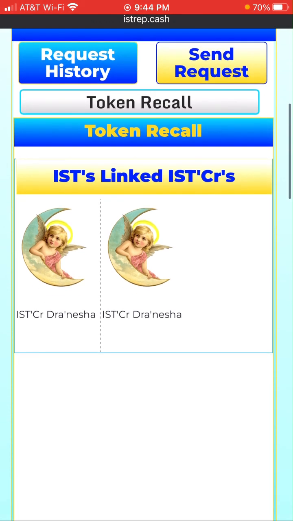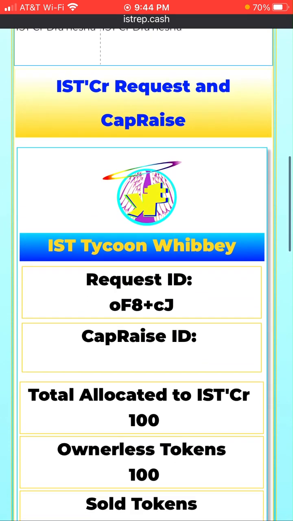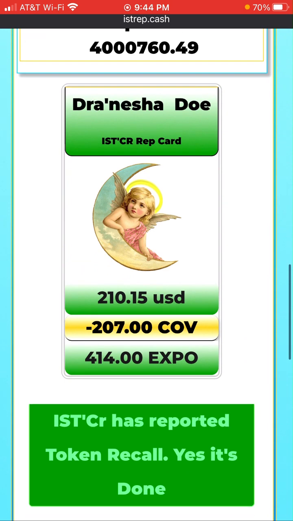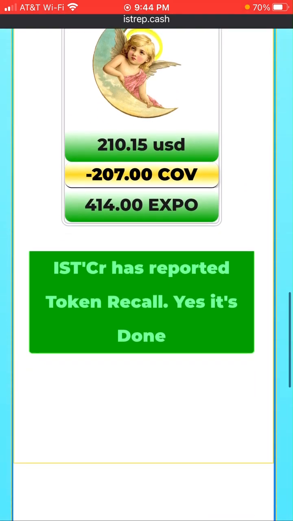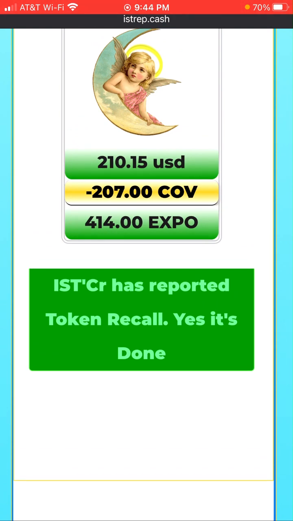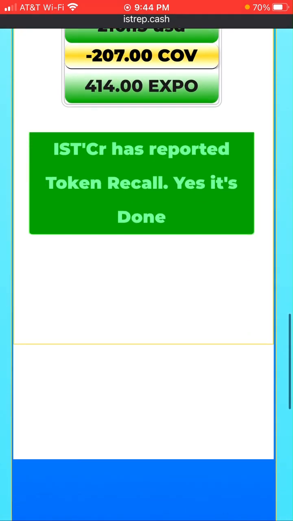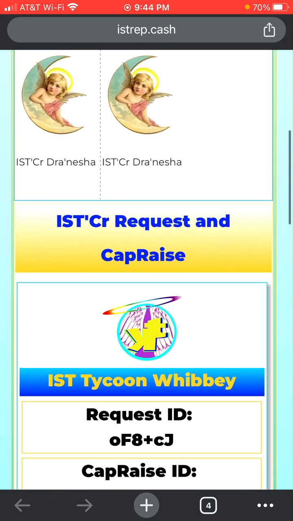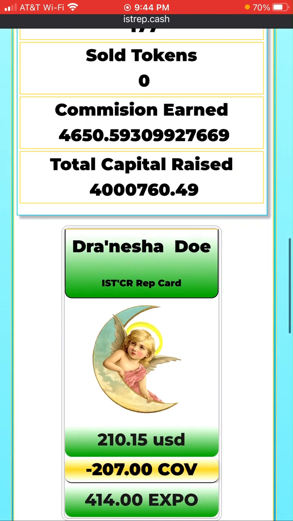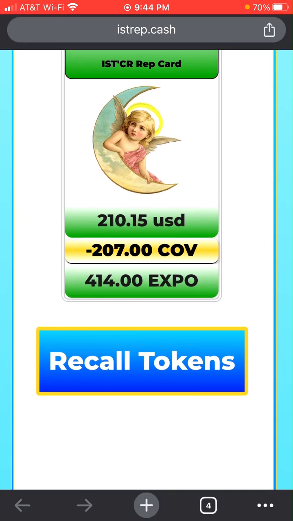And of course, you click here on the particular ISTREP. You come down here and it gives you the information for the particular tokens. And it'll tell you if the token has been recalled or if it still needs to be recalled. And you can click over there and you can see that we have yet to do a recall on this token, so we still have the